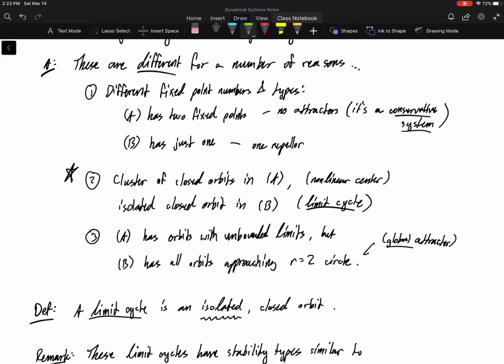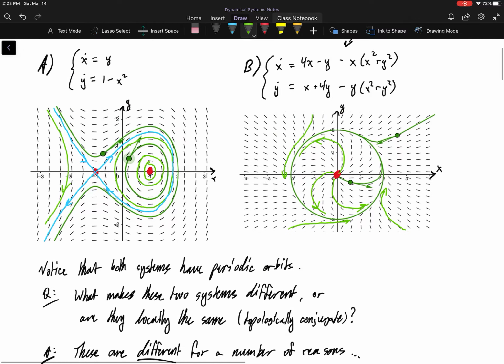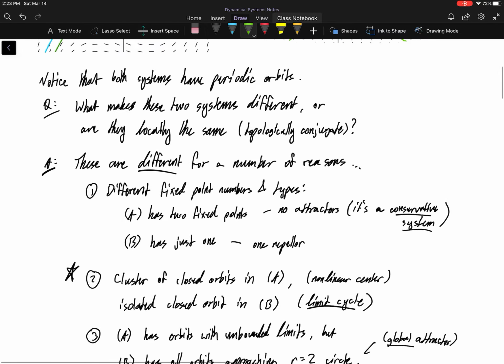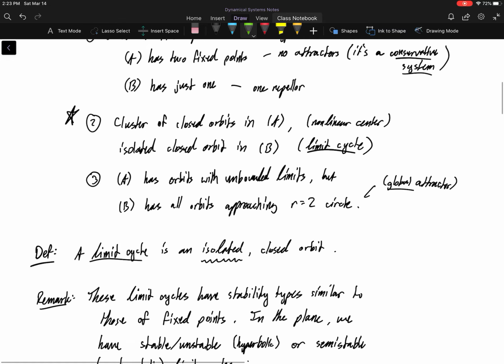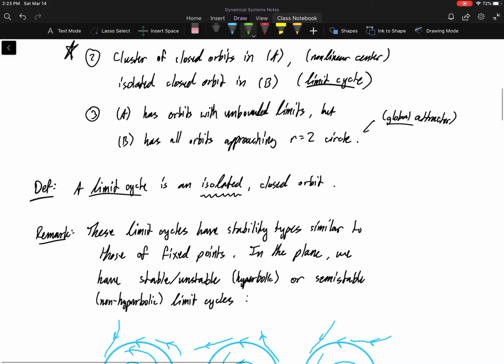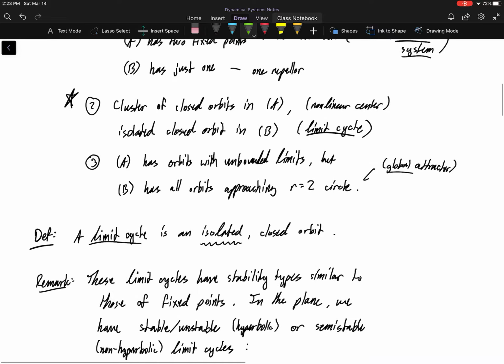Furthermore, system A has unbounded limits, or it has solutions with unbounded limits. But all of these solutions in B, if I come back up, all of these have to approach this circle. They have to approach it. It's interesting that that's the case. And when we do that, we get something called a limit cycle, right? When we have this isolated closed orbit, we call it a limit cycle,